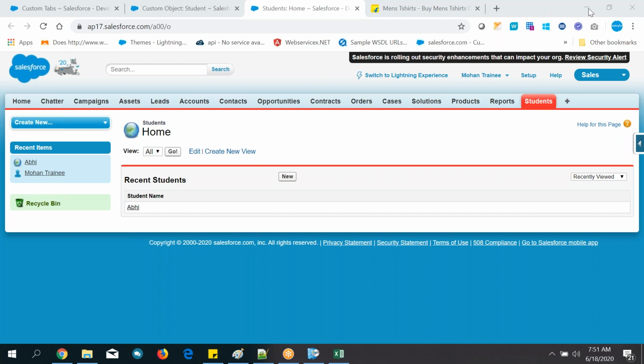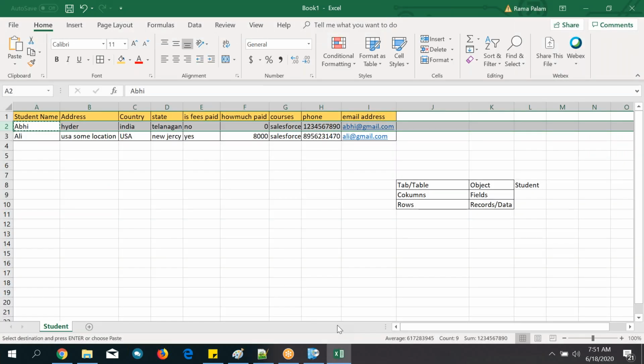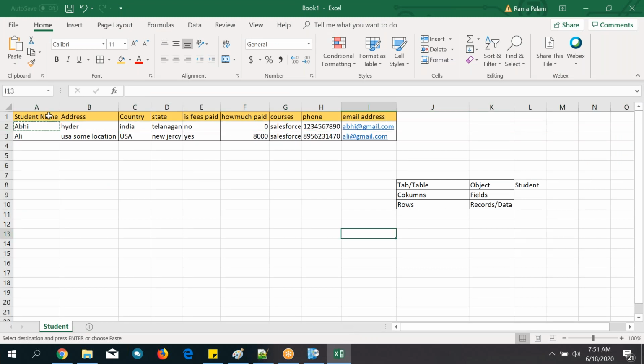Okay, next. Let me do it again one more time. Let me repeat the same one. I'm not going to create it, I'm just showing you again. So what is the requirement? Business people want to store your details in Salesforce. I don't want to use an Excel sheet going forward, and hundreds of students are there with their details.